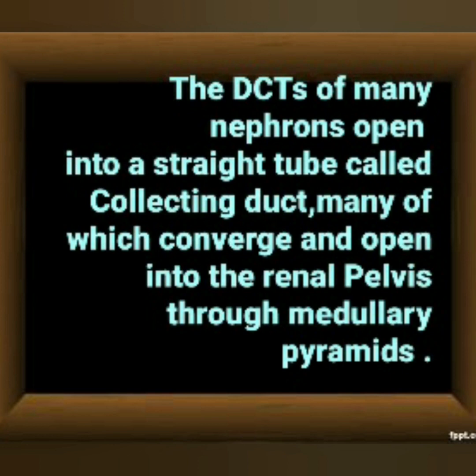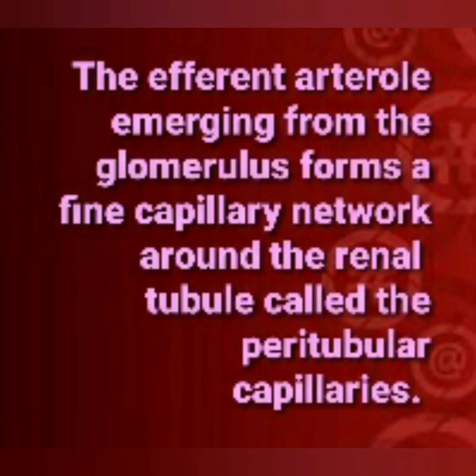DCTs of many nephrons open into a straight tube called collecting duct, many of which converge and open into the renal pelvis through the medullary pyramid. The efferent arteriole emerging from the glomerulus forms a fine capillary network around the renal tubule